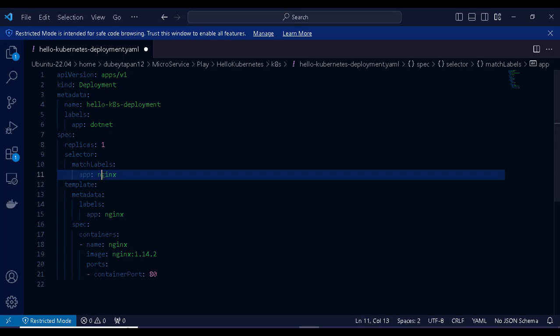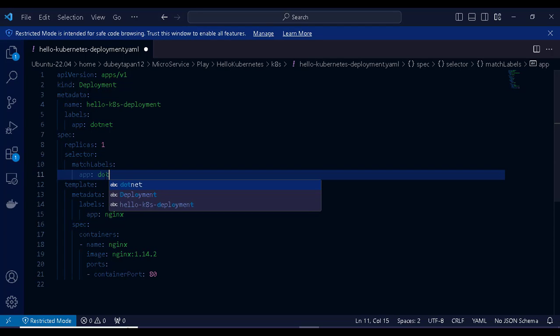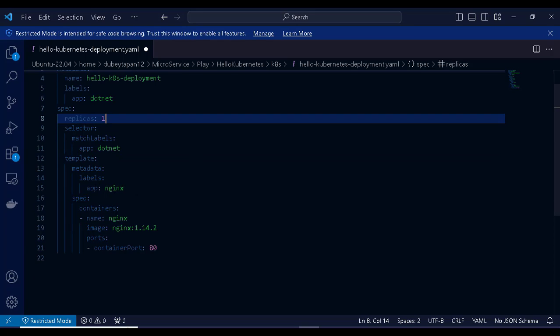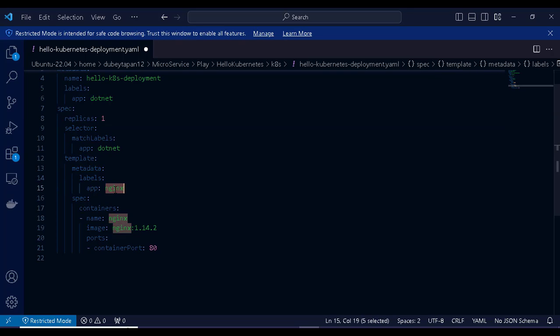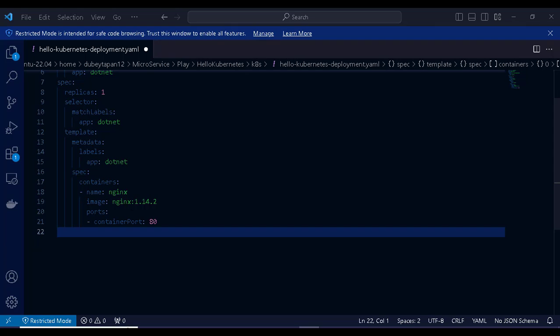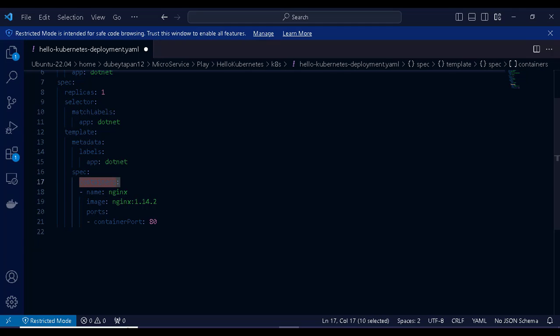So here also I should say .NET. Replicas we have already changed to 1. Here also again maybe give the same name .NET, and here we can define the specification about the pods. So under containers we can give the container name, maybe I will say